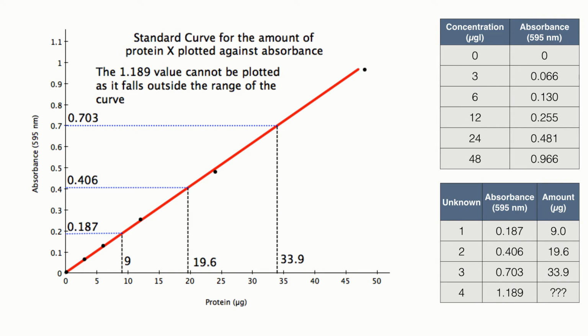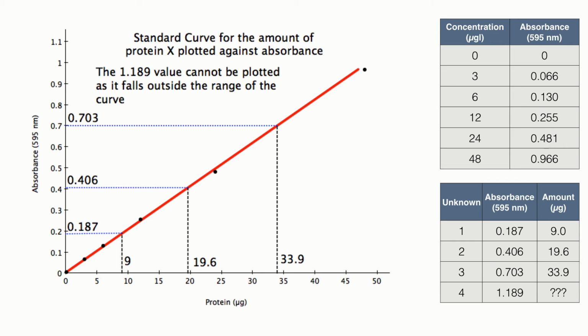Now unknown 4 has a value of 1.189, and this value is off the end of the graph. Now you should never extrapolate the data beyond what you've measured. So we can't go above the value for 48, which is 0.966. So all we can say about unknown 4 is that there is more than 48 micrograms of protein present in